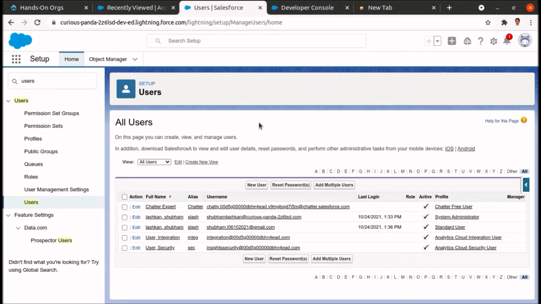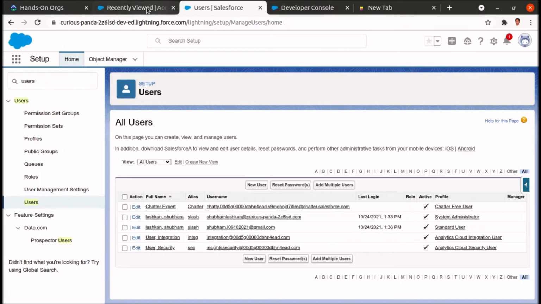two users. One is, you can see, second and third number. The first one is Shubham Lashkan and second one is also Shubham SL. Here you can see full name Lashkan Shubham and Lashkan Shubham, and one is having a profile of administrator and second is having the profile of standard user. So when system administrator create a record, it will not be visible with standard users now, but we want to show the records to standard users also. So for that we will solve the problem.